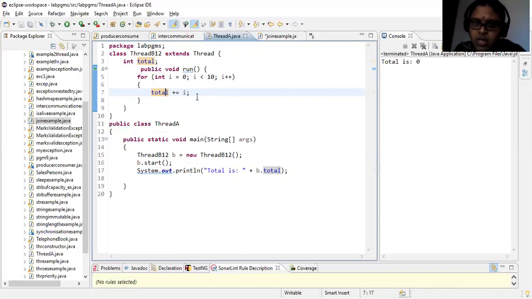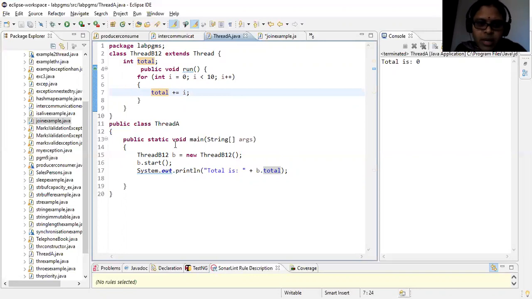In that way, the result you will be getting is 0 plus 1 plus 2 plus 3 and so on up to 9. That is the result of this. Your total will be the total value. So 0 plus 0 initially will be 0, then 1 is added, then to that result 2 is added, then to that result 3 is added, then 4, till 9 is added, right? So this is one normal way of calculating the total value. This is the actual functionality of the run method here.